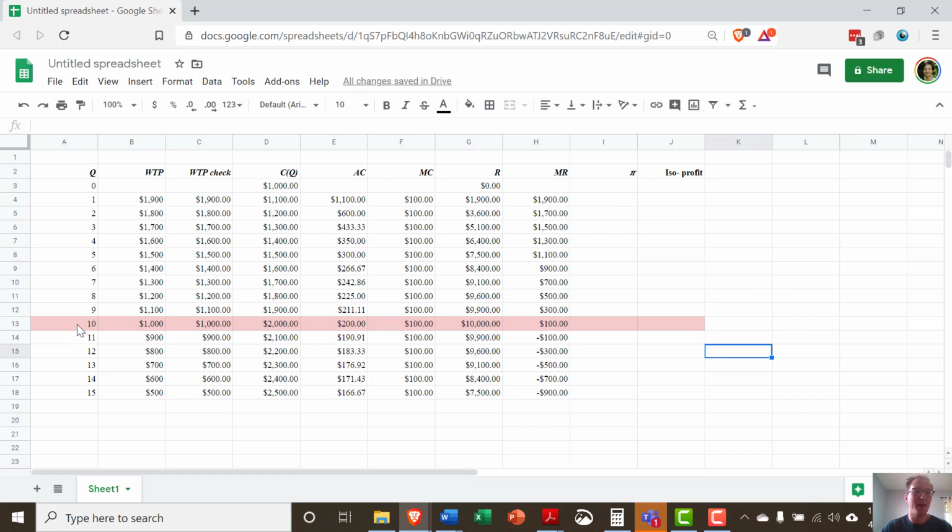The 10th iWidget, the marginal revenue of selling that iWidget is $100, and the marginal cost is actually also $100, right? So technically, they're just indifferent about whether or not to sell that 10th one. But in this homework and exam, it's easiest to assume, okay, let's continue to produce until marginal revenue exactly equals marginal cost.